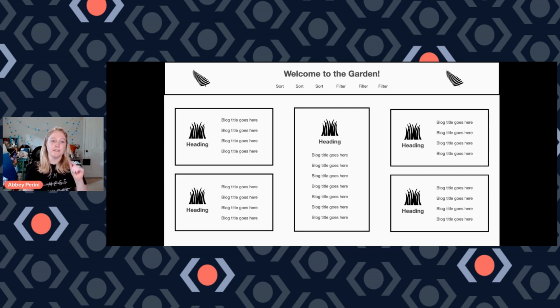The other thing is this is the same font in the same color throughout the page. The only thing I'm changing are the font weight and the font size. You can see even with just that, the content is broken up, your eye is moving around the page, and I didn't have to go above and beyond to make that happen.